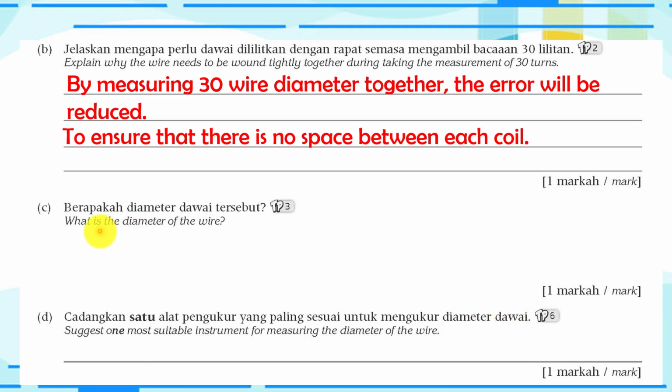Okay, C, they ask what's the diameter of the wire. So that means you need to take the measurement just now. After that, you need to divide by 30. Okay, so we show the